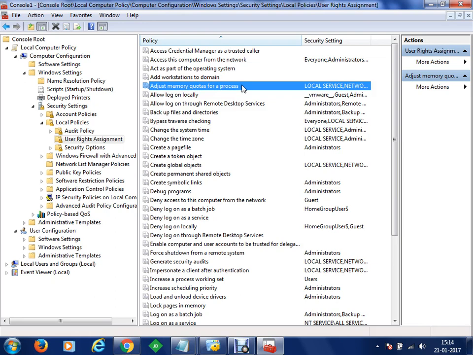So in case you deny those accounts the ability to manage or adjust the memory quotas, then the virus programs won't run. Then we can go to the next one.